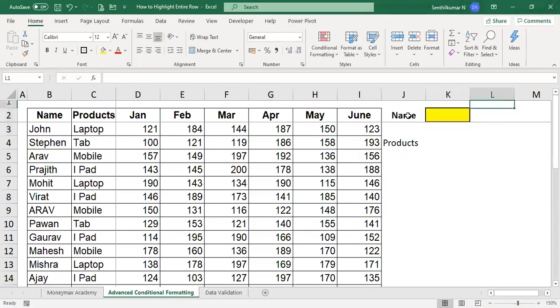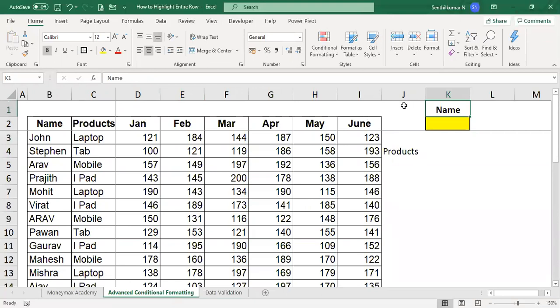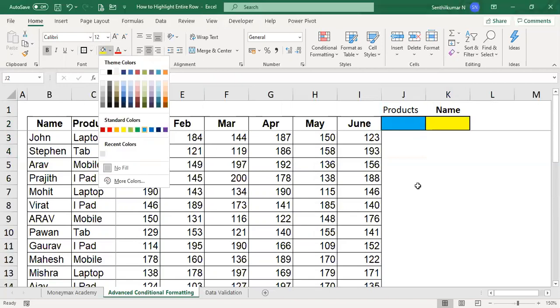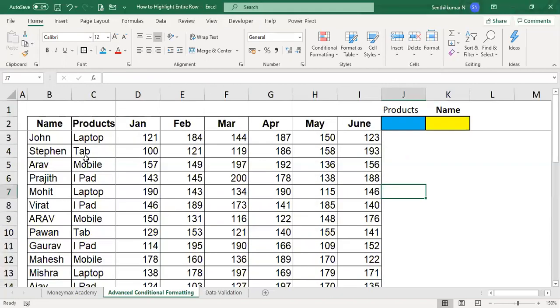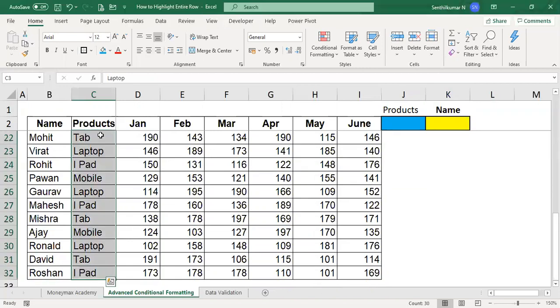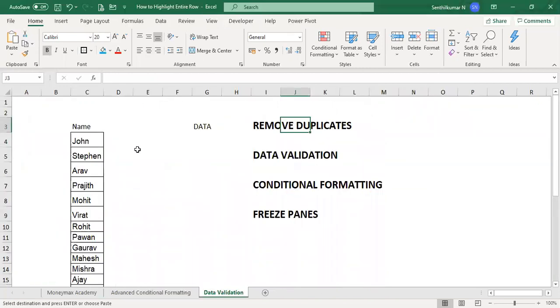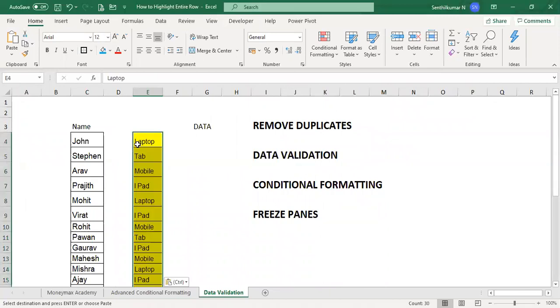Suppose you create it here, and put the name here. You want to give the color for the product. Please listen, friends. I am going to do it product-wise, revising for products. You can give the color green or this color. First condition, remove duplicates. Select the entire product column, copy, and then go here and paste. So this is the data available.